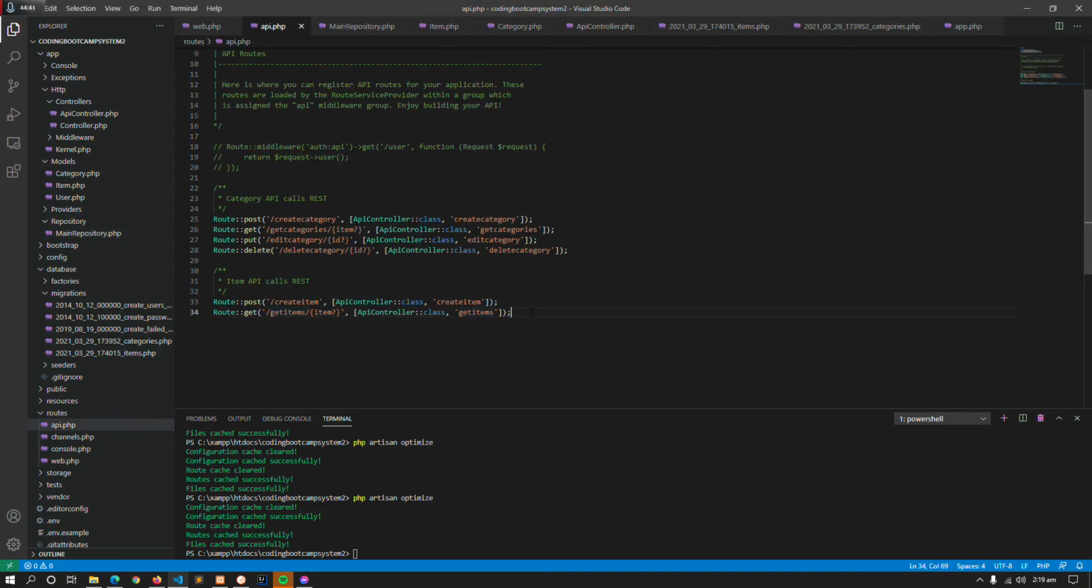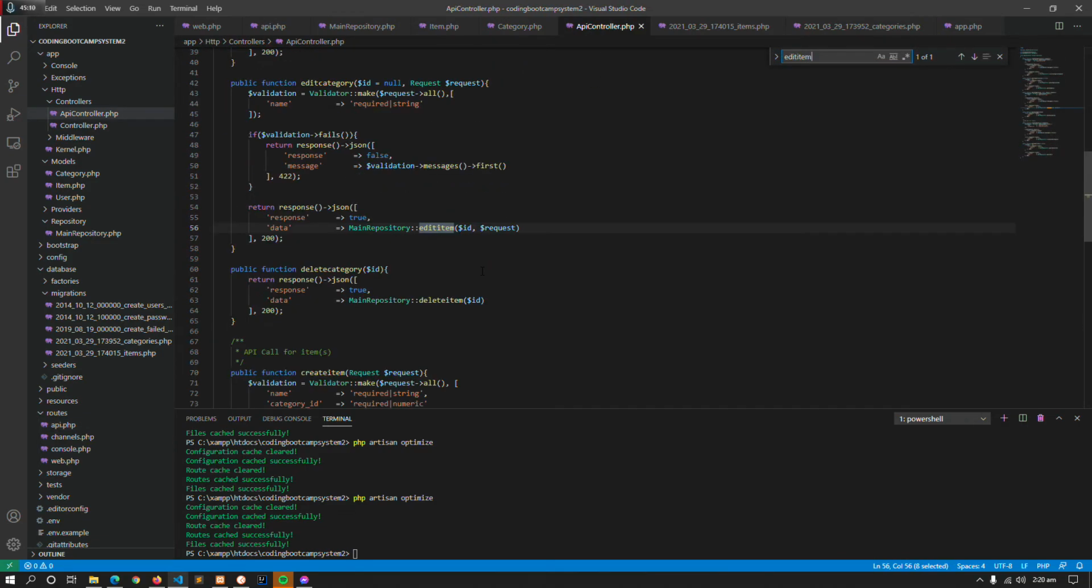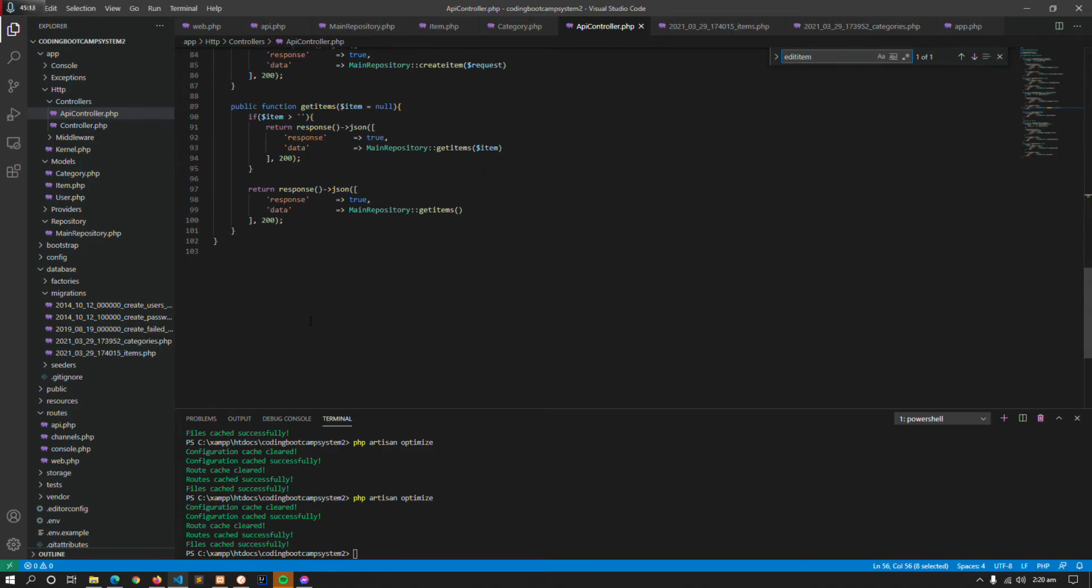And then, there. So, let's go to the put. So, edit item. This will accept an ID. Then, API controller class edit item. So, let's first check if the function itself exists. So, public function edit item, which accepts an ID. And then,